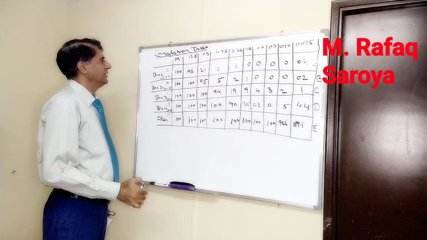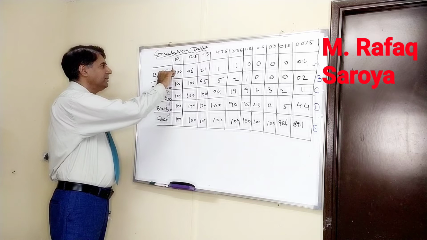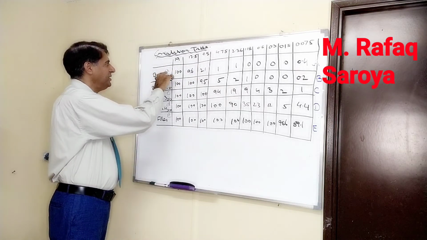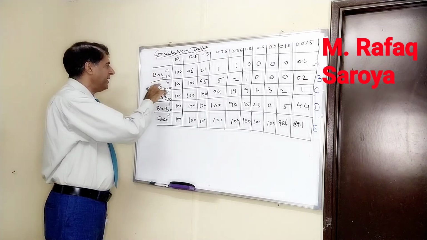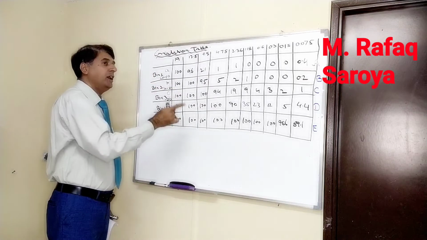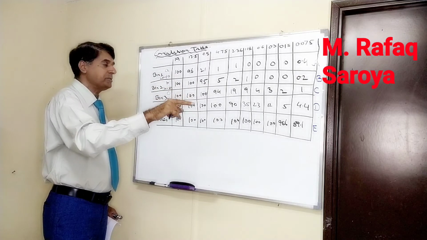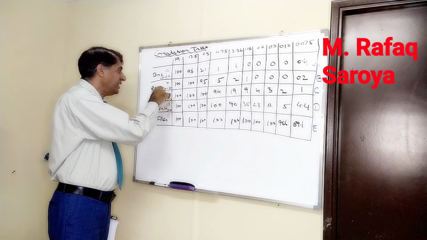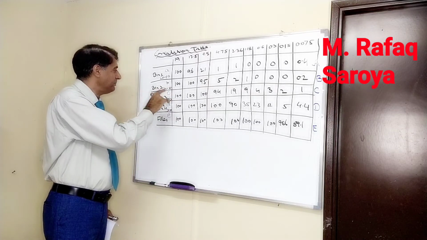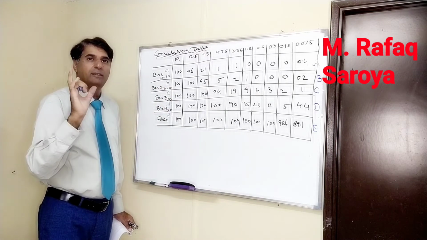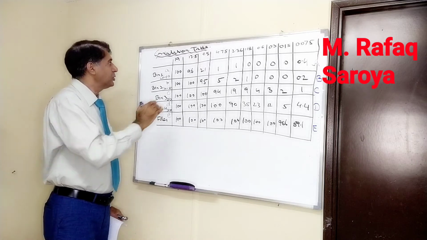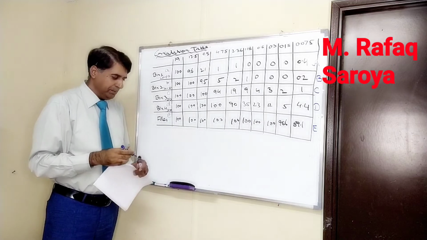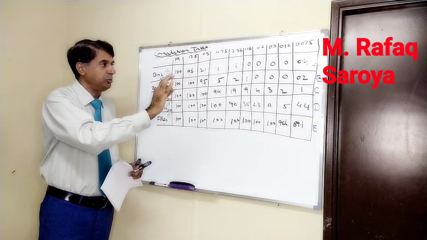Like, if I say 30% material is being taken from bin number 1, it means a would be equal to 30. If I say bin number 2, 20% material is taken from this one, so it means b would be 20. If I say 50% material is taken from bin number 3, it means c would be equal to 50. So this is the fraction percentage and this is the passing percentage, because this was very mandatory to know about